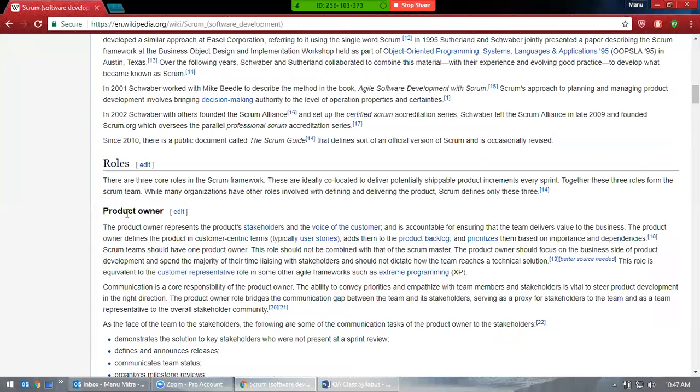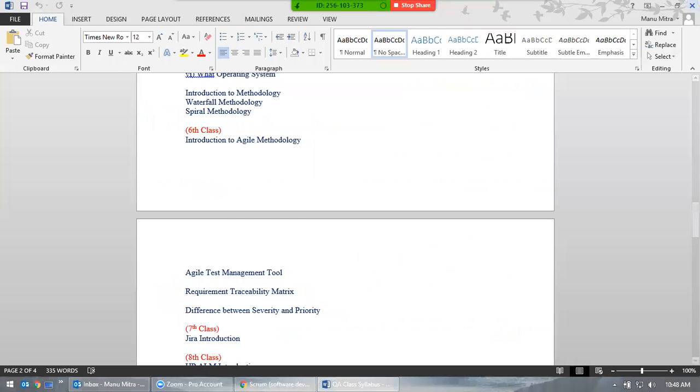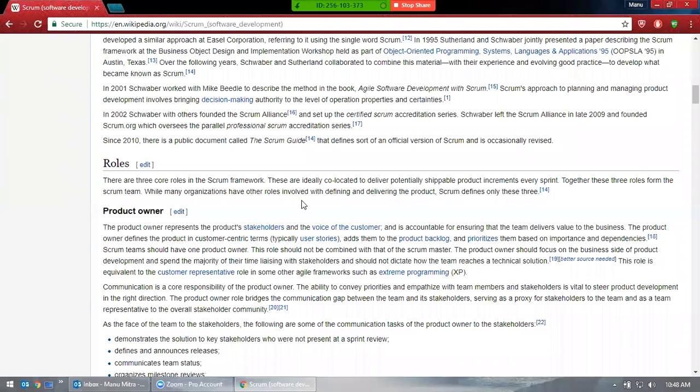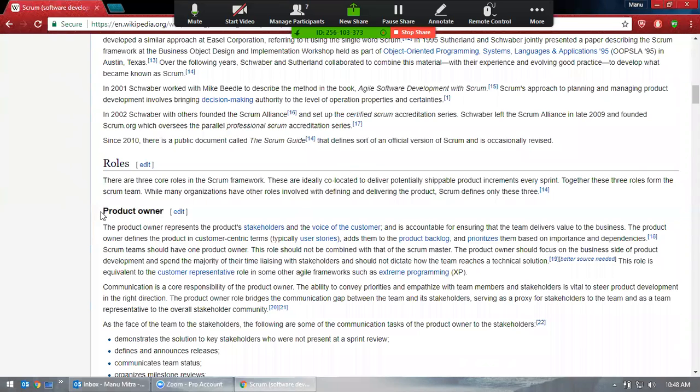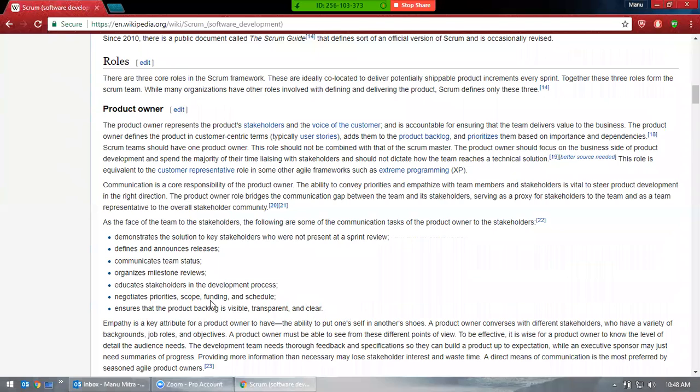There's a little bit of difference here. There's something called product owner. I keep saying this product owner, we talked about this previously. In waterfall methodology, you have the business analyst. The same guy here in agile you call the product owner. There's no business analyst in agile; there's nothing called business analyst. There's the product owner. It's the same guy, but with different responsibilities. You need to know the responsibilities here. It's different from what you used to have in waterfall. His responsibilities are a little bit different.